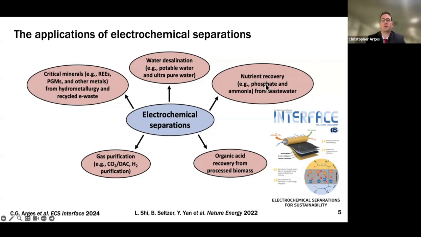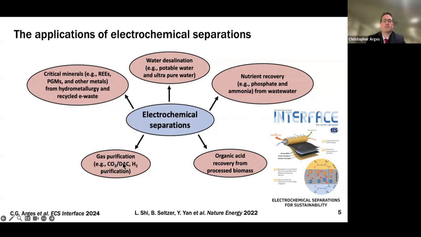Again, at the end of my talk, we'll talk about nutrient recovery. So we can think of people who apply fertilizers to grow crops. There's excess fertilizer with ammonia and phosphate. They run off into the water. This can pose a lot of different environmental problems. There's also interest in recovering the phosphate and ammonia to be recycled, reused in fertilizers. That's part of like a circular economy initiative.